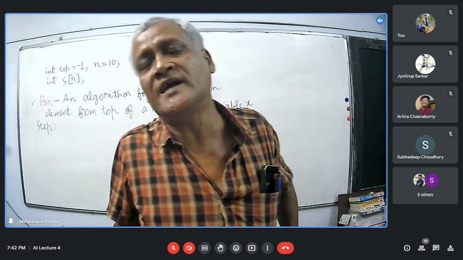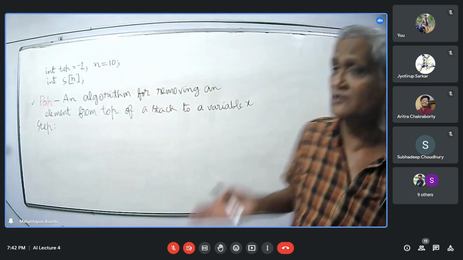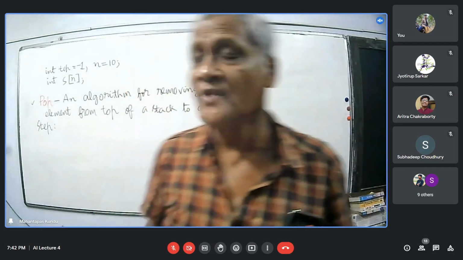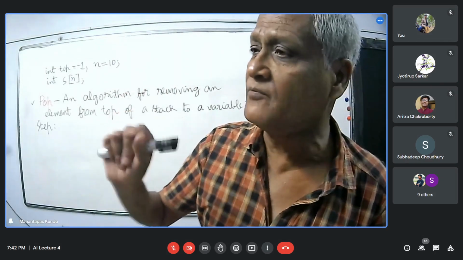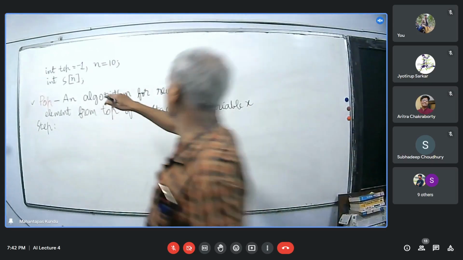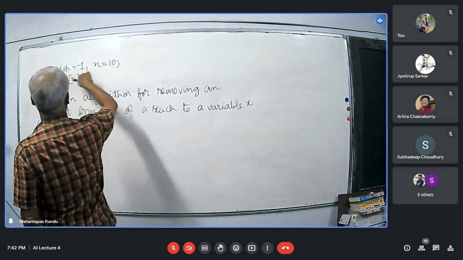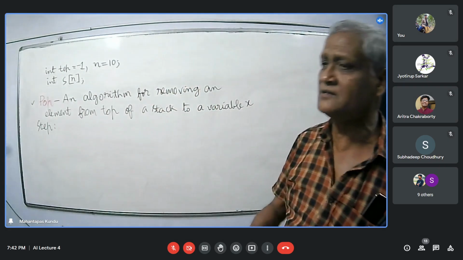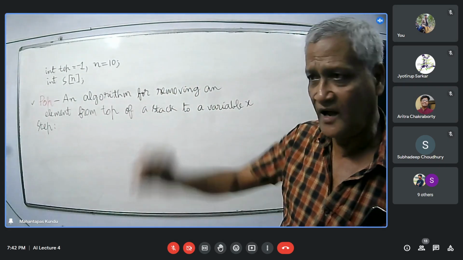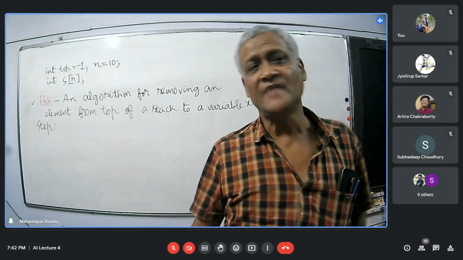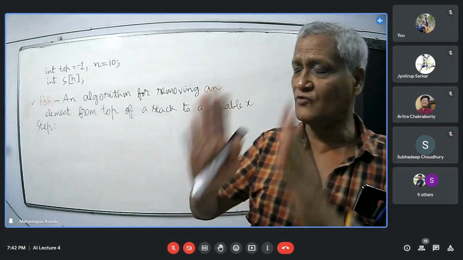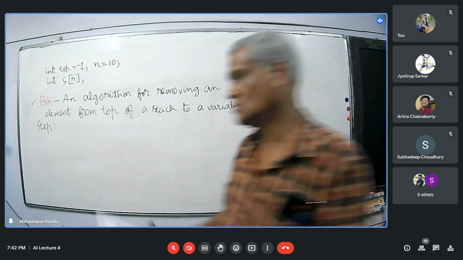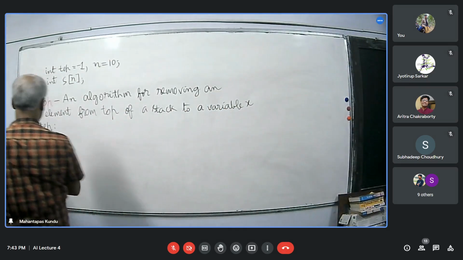And how we can check whether the stack is already empty before removing an element from the stack? By checking the value of top. If we find that top is -1, that means no elements are there in the stack, and we can say that it is an underflow situation. So first, in step 1, we should check that.